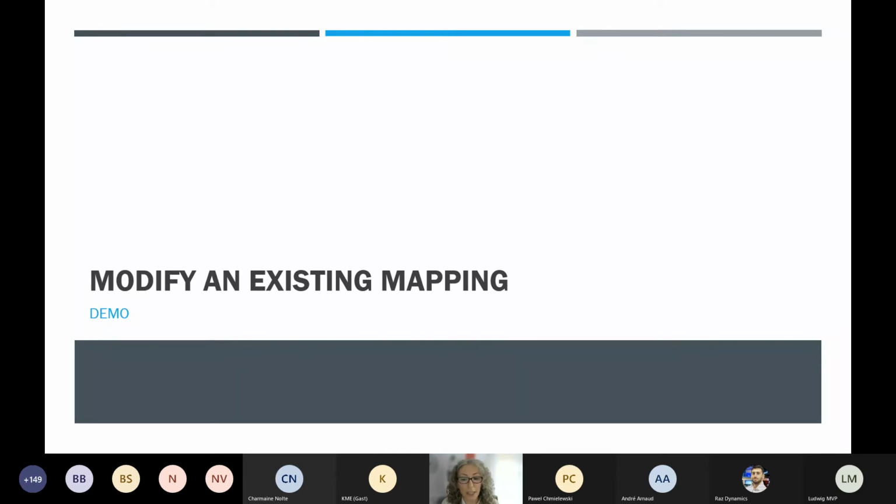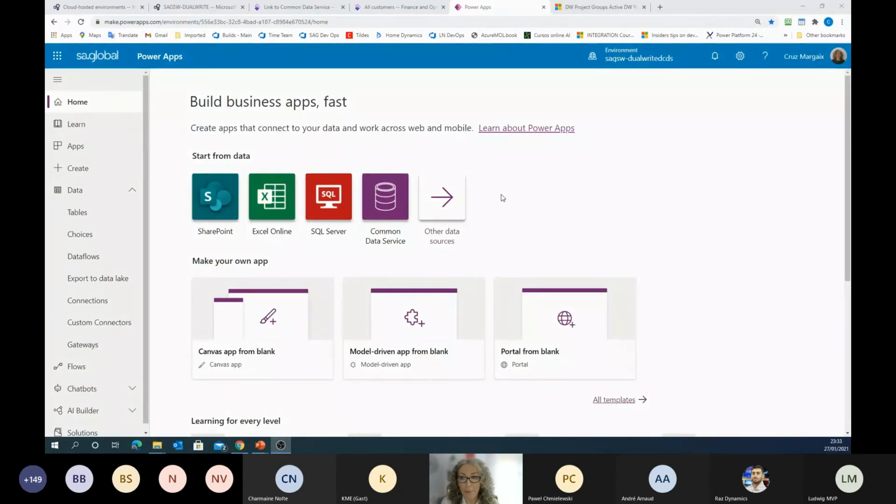And I want to extend the mapping provided by Microsoft to include this new field. So I'm going to go now to implement this